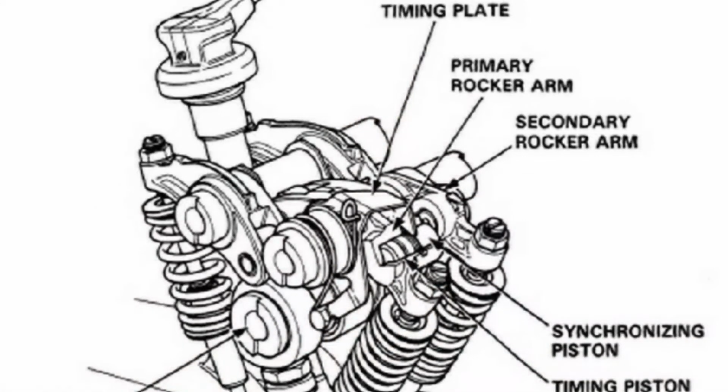Now the next thing is VTEC-E. The VTEC-E is far different from standard VTEC. This system is not designed for improving horsepower at high RPM, but it is designed for improving fuel efficiency at low RPM. And it does this by effectively forcing the engine to run as a lower or decreased valve engine compared to its actual valve count. This system decreases fuel consumption but lacks higher horsepower, which is provided by VTEC.